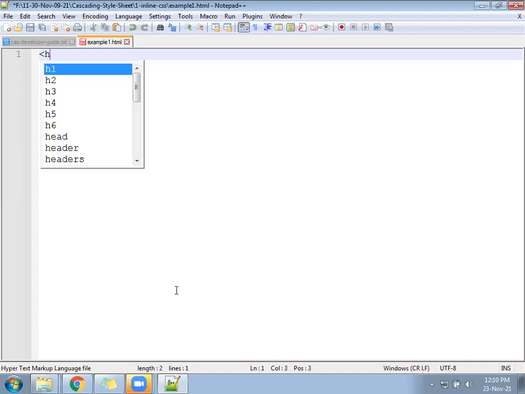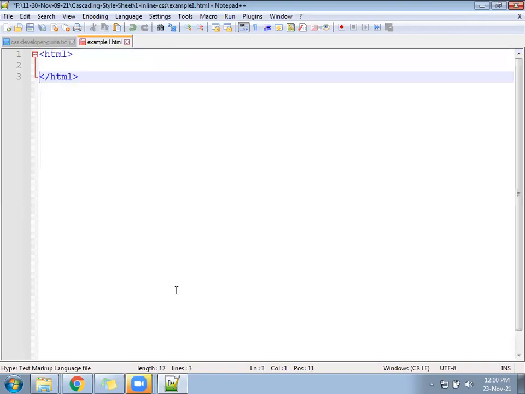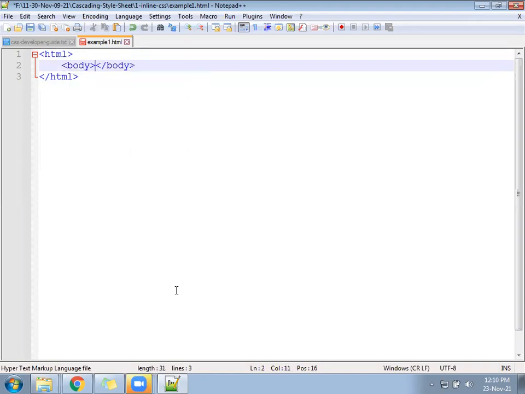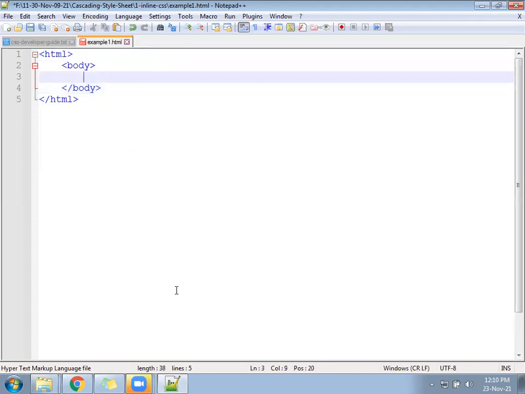Go inside the file. HTML body we can follow directly, and under the body you will follow a div tag, and you will write here style equal to.